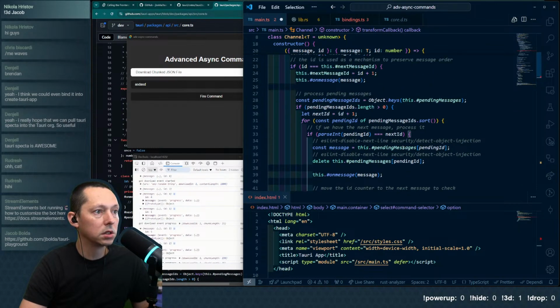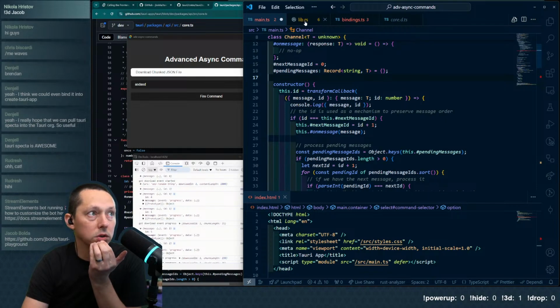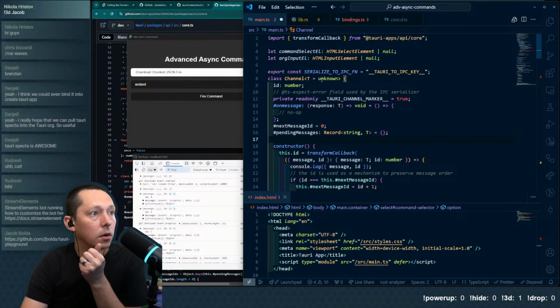In this specific case, part of this is that Channel is generic. It's a generic handler. It has no way to know when you're starting or finishing. In this case, we happen to be passing in an event that is then defining it. And here, Channel T unknown.